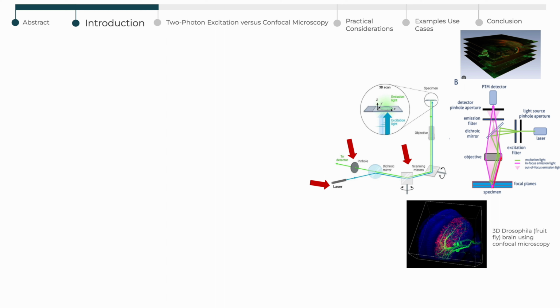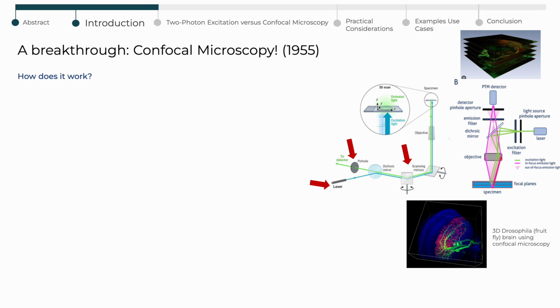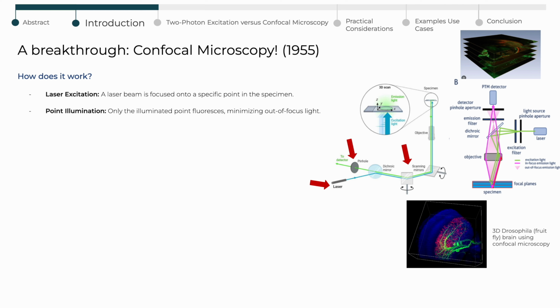Another breakthrough then was the invention of confocal microscopy in 1955. How does it work? Well, now the light source is actually a laser, so a laser beam is focused onto a specific point in the specimen. This in turn allows for point illumination, where only the illuminated point fluoresces, minimizing out of focus light. It is not perfectly just that point, as we will see, but it is definitely more concise than fluorescent wide